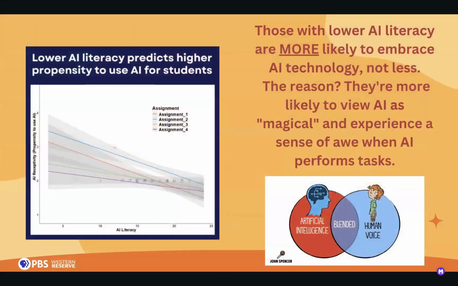So this graphic is very, very interesting to me. I came across this from AI for Education, and I believe I put the link. So a lot of these things, if you click on them, you can link it out and actually see that report and that resource that's there. So this is showing that those with lower AI literacy, okay, they're more likely to embrace AI technology. And you would think it would be opposite, right? You would think that if they didn't have understanding of AI at all, that they would just not want to use it. But here's the piece to that.